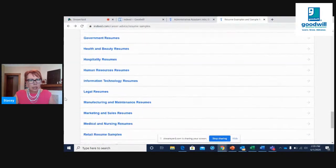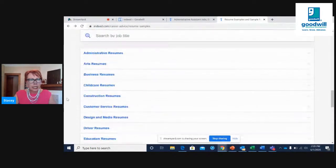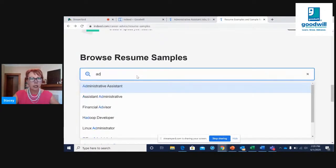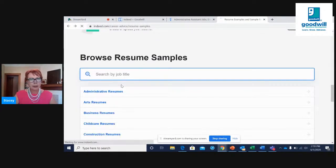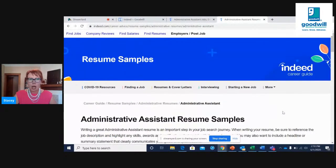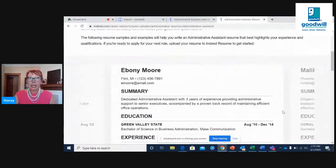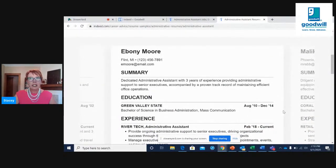So as you can see, all kinds of different samples. So what I did, we're looking for administrative assistant, right? So wow, there it is. Bam. And voila. Administrative assistant resume sample. So this is, again, a sample. And then model your resume not only after this, but how I'm going to show you with the language in